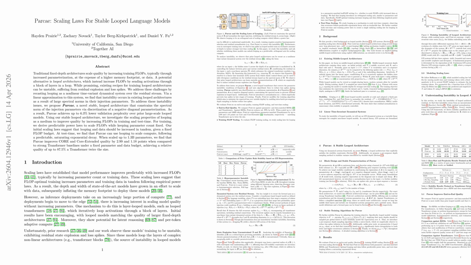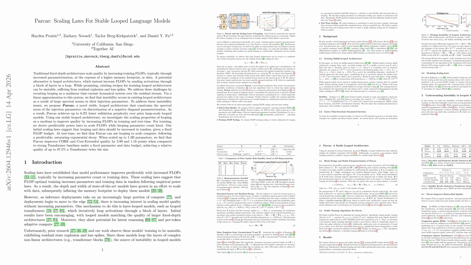Let's explore the second paper, Parcae: Scaling Laws for Stable Looped Language Models. Parcae studies looped language models as dynamical systems and identifies the main training failure mode in prior recurrent-depth models as residual stream instability caused by unconstrained injection matrix spectra. Recasting the loop update as h_{t+1} = A h_t + B e + R(h_t, e),